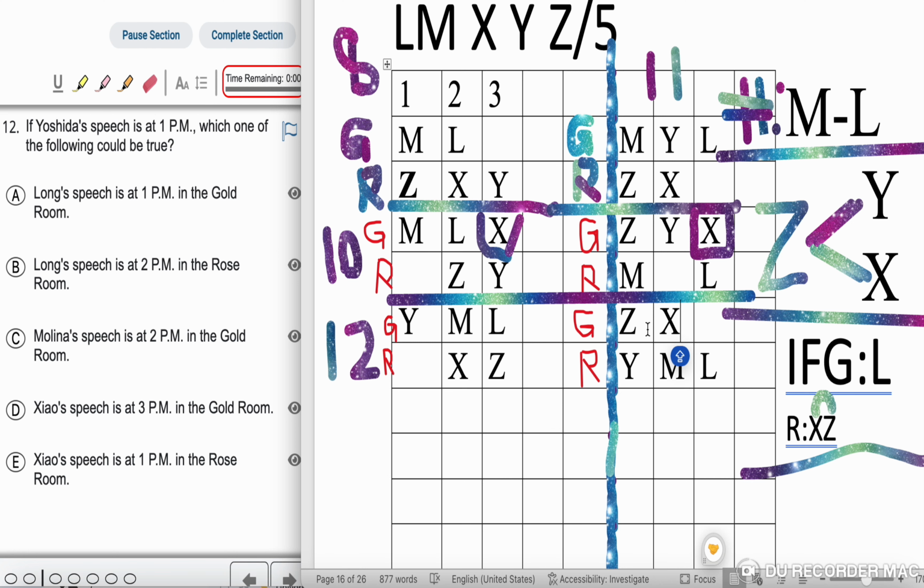So Z has to be earlier than Y and X. Right now, I'm going to rearrange the top one, and I'm going to put what you considered X and Z in a position where basically I want it to be where Y and X